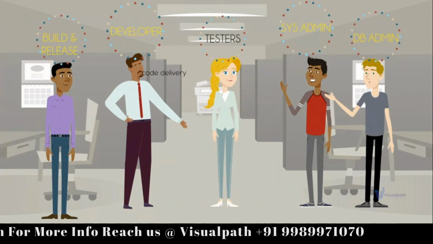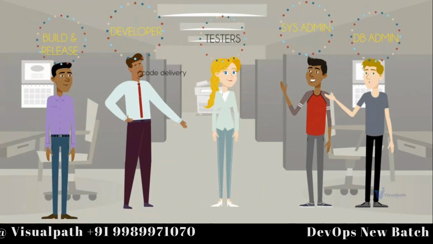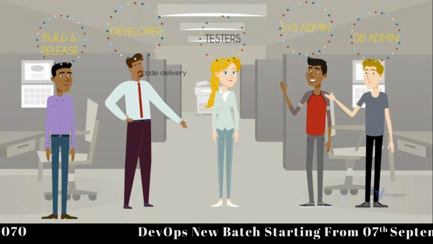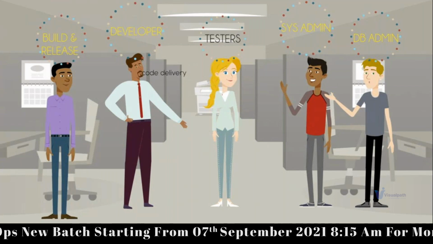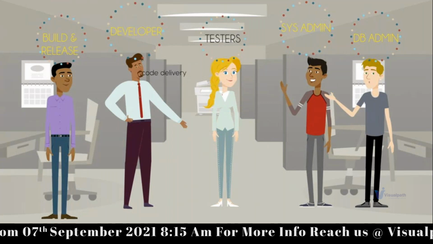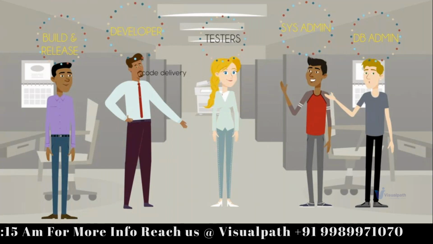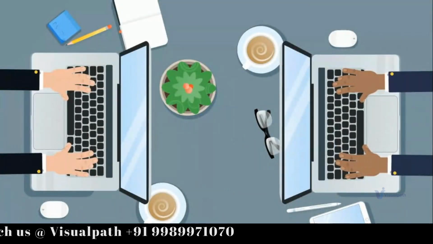The team of build and release, developers, testers, system admin, DB admin, security, everybody works together and automates each and everything. And trust me, when you are going to automate everything, you will need to work collaboratively. If you need to automate something on the developer side, you first need to understand how developers are doing it manually, so you can automate and integrate it. All these people work together like Avengers, so they can avenge the delivery.